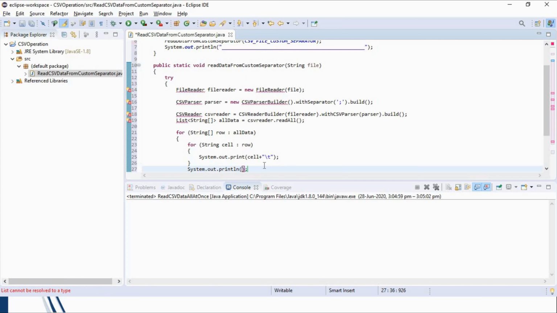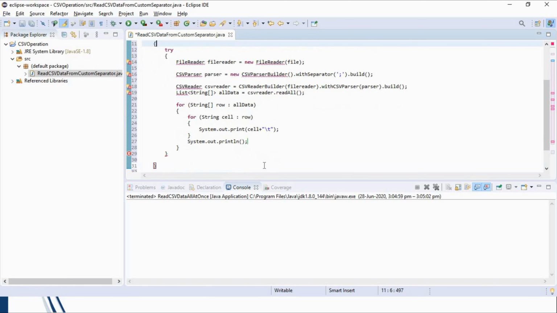Here, the other System.out.println will help the cursor to move to the next line. So how the data is printing here, it is like star pattern programming. First the row is iterated and then we are printing the value of each cell separated by a tab space. And now at last, after the try block, a catch block is required to catch if there is any kind of exception or not.